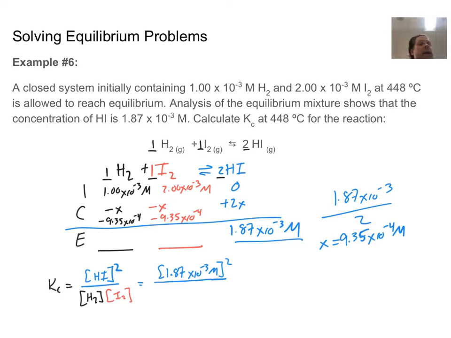And so when I do that, I'm going to get 1.0 times 10 to the minus third minus 9.35 times 10 to the minus 4, and I'm going to get a value for my hydrogen to be 6.50 times 10 to the minus 5,